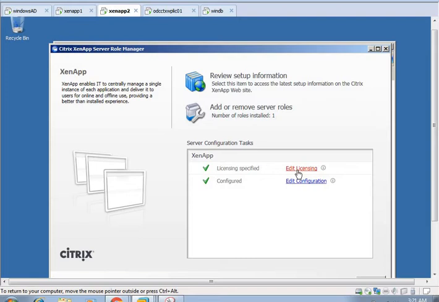So now we are going to configure the license specifications. Here we need to provide the server name and the port. The default port for ZenApp licensing is 27000.